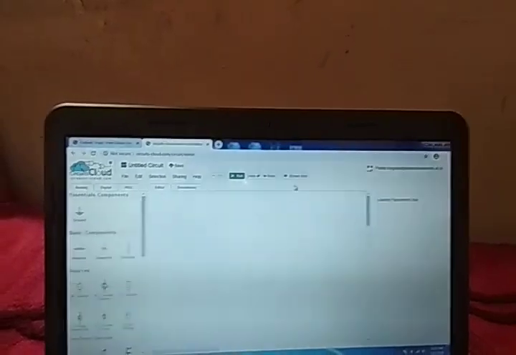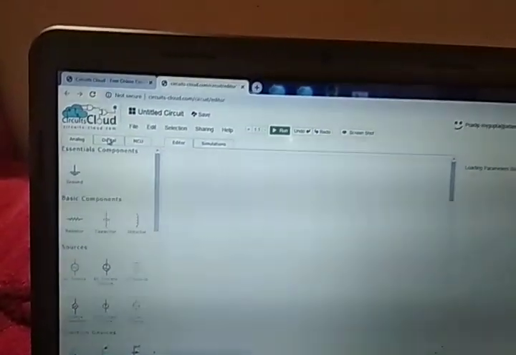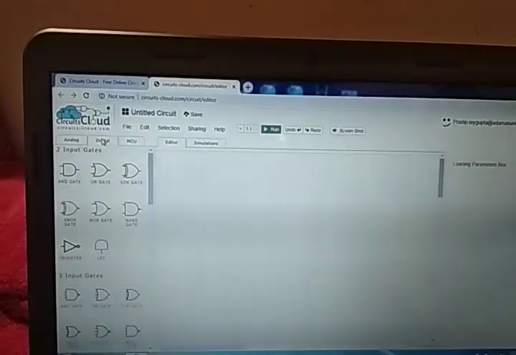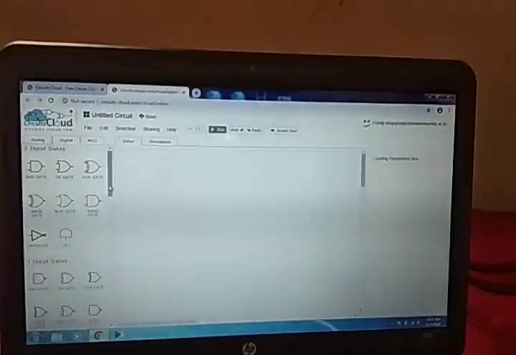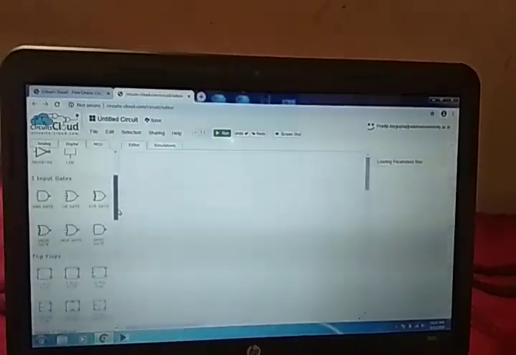Here this page will come, and then we have to go to the digital part, and then you can select the gates you require.